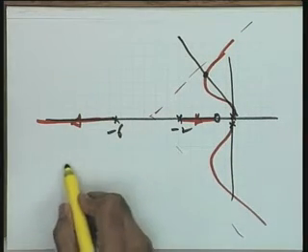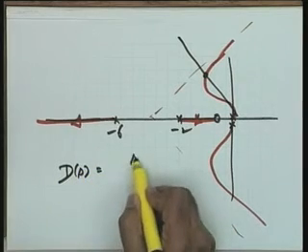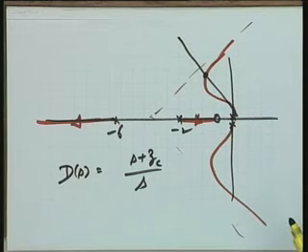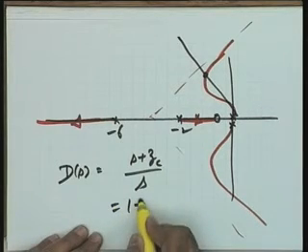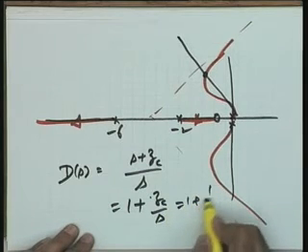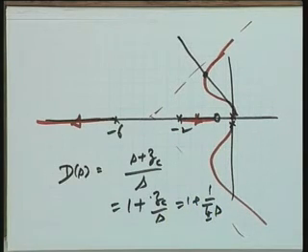Now, look at this particular point. It means I want D(s) to be of the form (s + zc)/s, which is nothing but a PI controller, the proportional integral controller, because it is nothing but 1 + zc/s, that is 1 + 1/(Ti s), which is nothing but a PI controller. So, with the help of a PI controller, it is possible to give Kv equal to infinity, and by suitable adjustment of the 0, maybe we can satisfy the transient requirements. Okay? So, the PI requirement is satisfied.